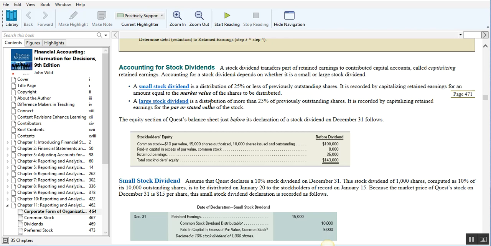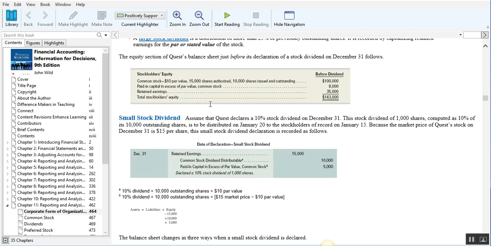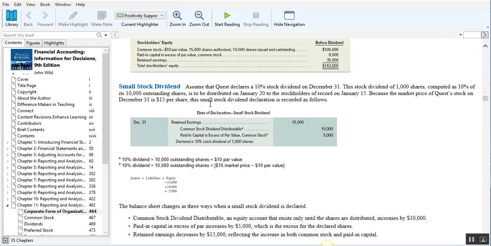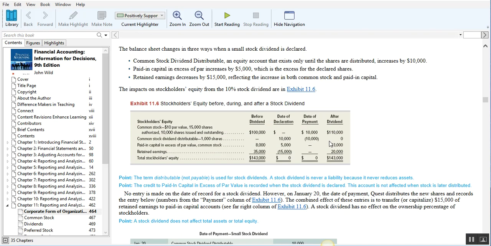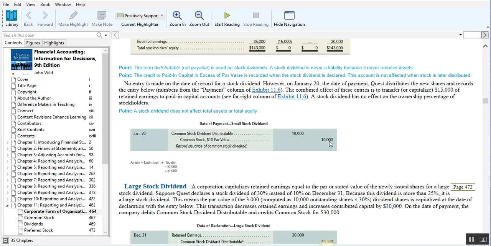A large stock dividend will never be recorded at market value. It will always be recorded at par value or stated value. So with a small stock dividend, it could look like this, where you debit retained earnings, identify the par value here in common stock for the dividend, and then whatever the retained earnings debit amount was, or the dividend amount, minus the par value is going to be paid-in capital in excess of par. With a large stock dividend, that's never going to happen. It's going to be basically recording that transaction at par value.